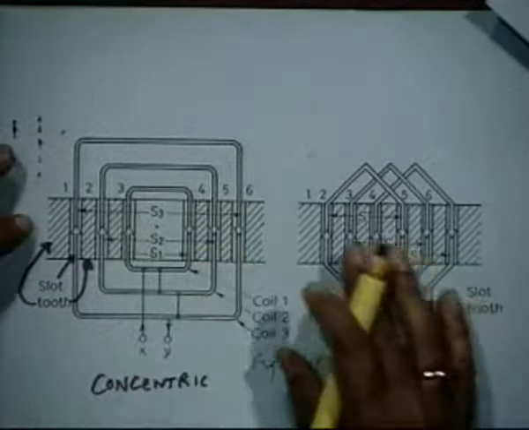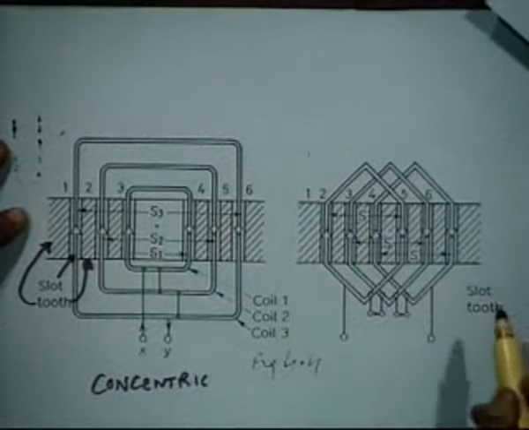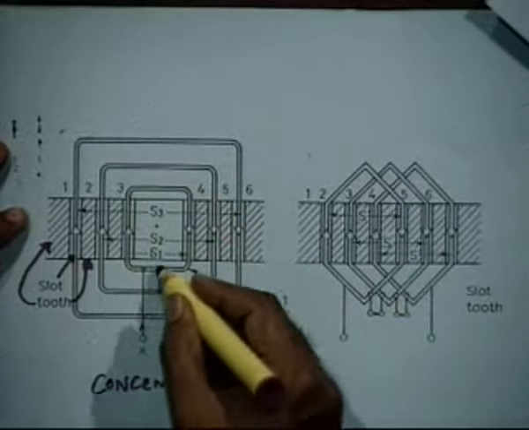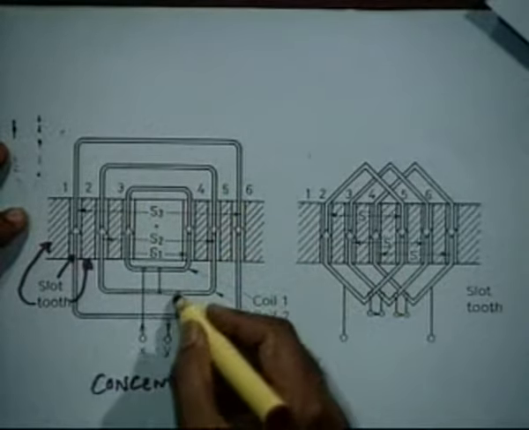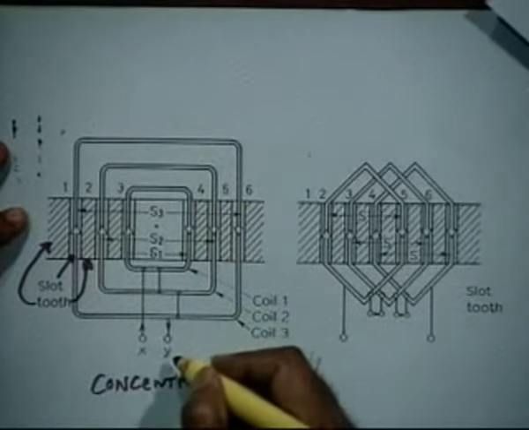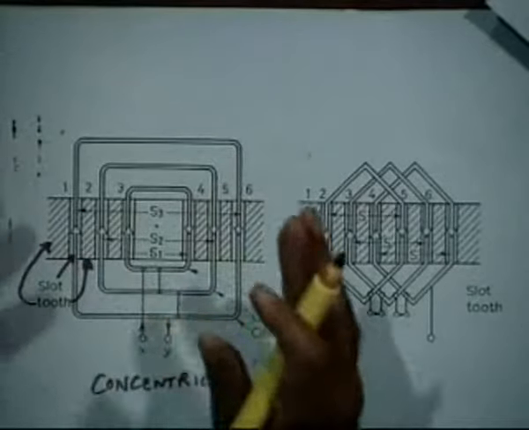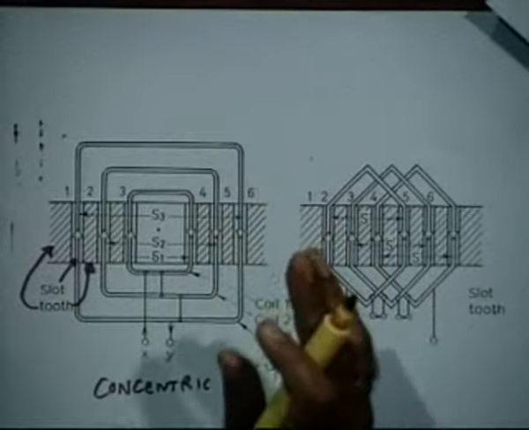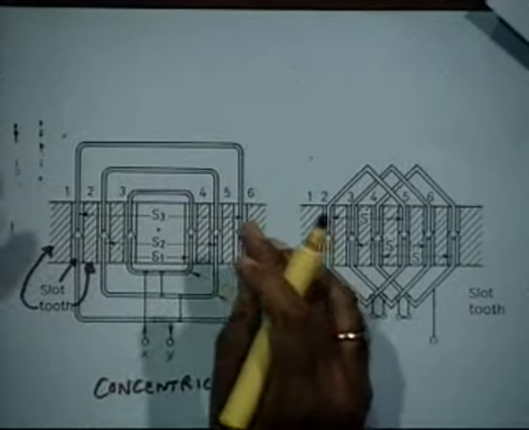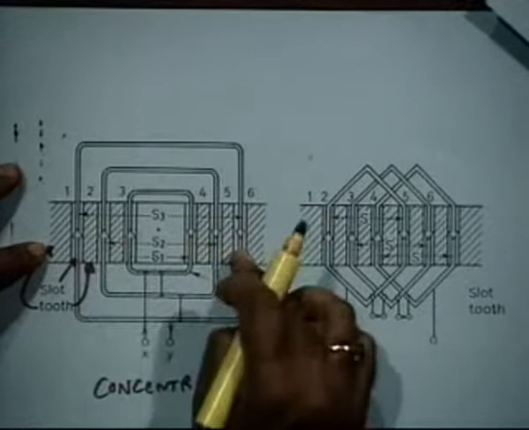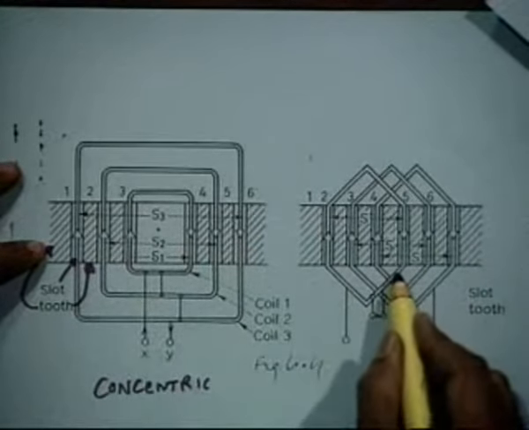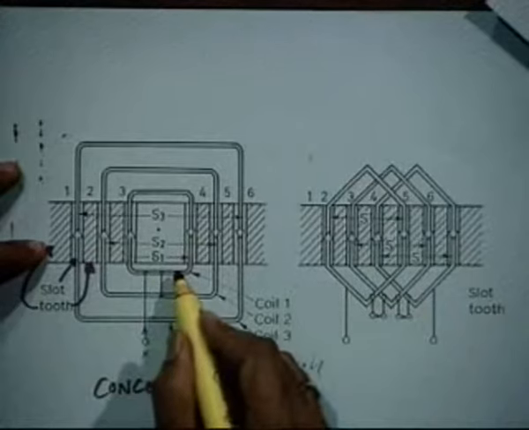But you can see the same thing here. The effect is the same. The current goes in first through coil 1, then jumps to coil 2, then jumps to coil 3 and comes out, okay. So we have 3 coils, 6 coil sides located in 6 slots, but the magnetic effect is the same as this. But you can achieve the same thing by 3 identical coils. Here the 3 coils are not identical; they don't have the same size.